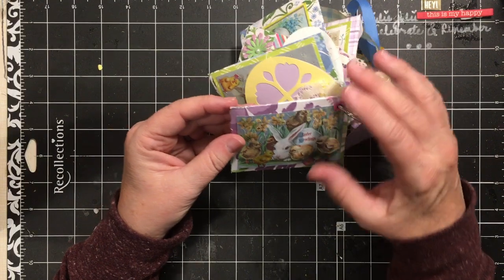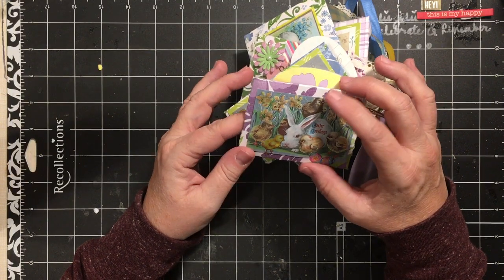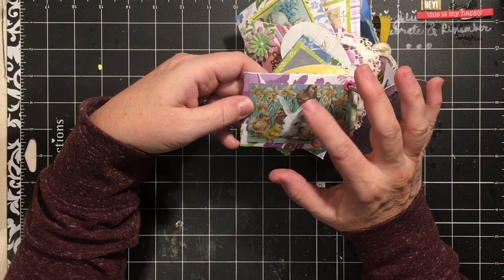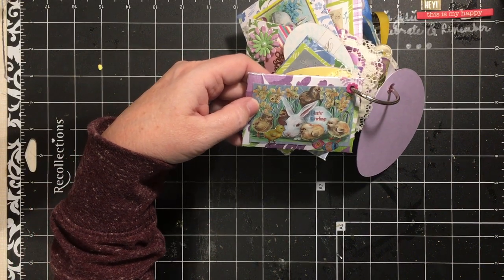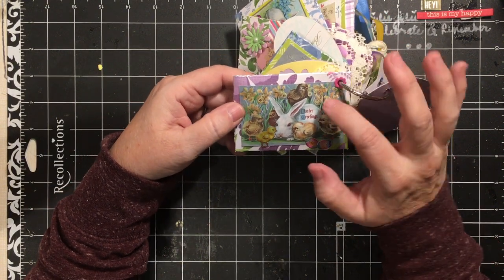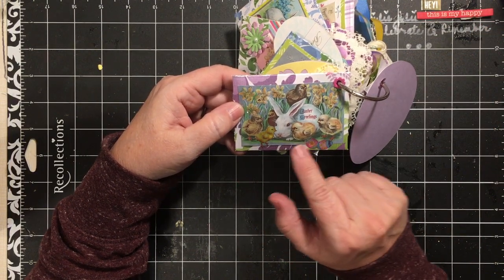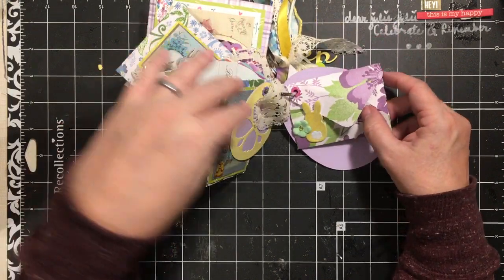Here's our first envelope, and it is a little bit smaller, but I wanted to use the 6x6 papers that I had, because that's what I was using. So then I added this, one of the new antique postcard digitals from my Easter digital kit that just went into my Etsy shop at Dearjuliejulie. And so we have the cute little bunny, and I used the fingernail polish glitter to glitter the flowers, added the little chick and the eggs here, and then you turn it over,